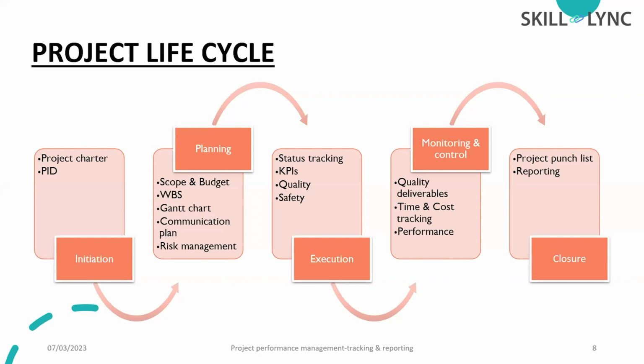Then after execution, we will go to the monitoring and controlling. This phase will be there throughout the life cycle, and we need the monitoring from the beginning to the end. So that is another phase in the construction project life cycle, known as monitoring and control. After the successful execution, the last phase is known as the closure phase, where we will be properly ending the project. So simply we can divide the entire construction project into 5 phases: initiation, planning, execution, monitoring and control, and closure. Here I have mentioned a few points.